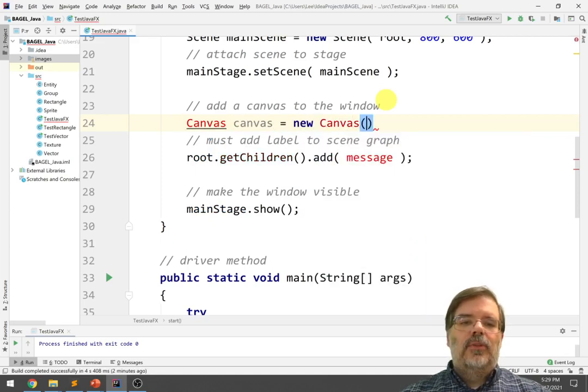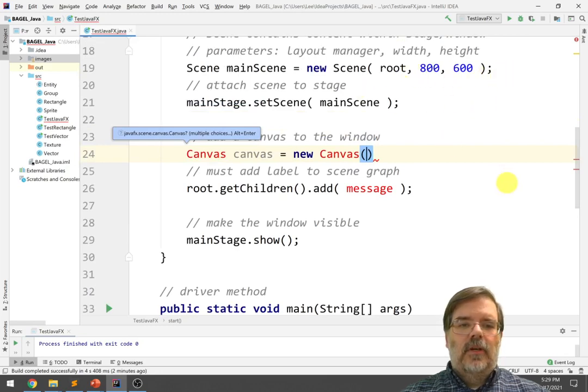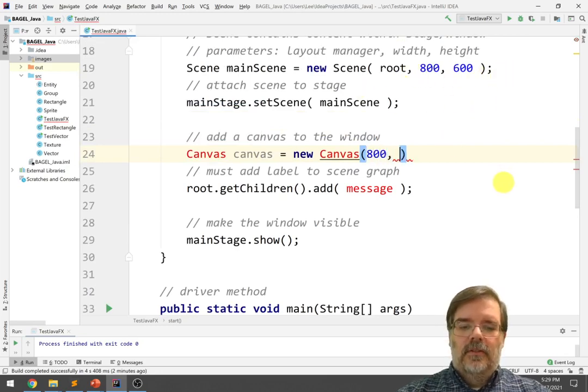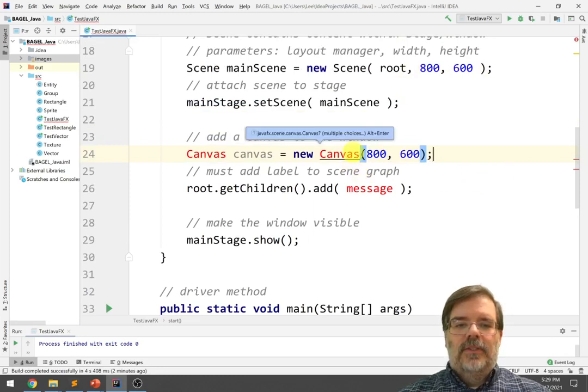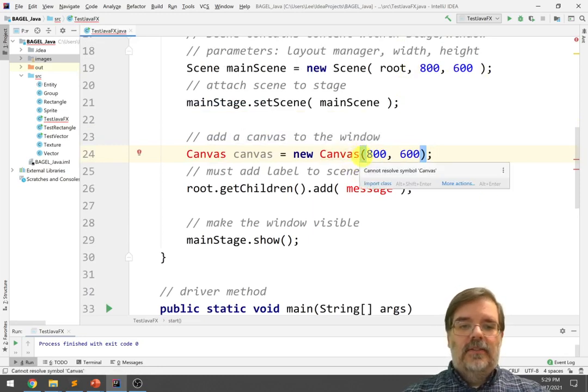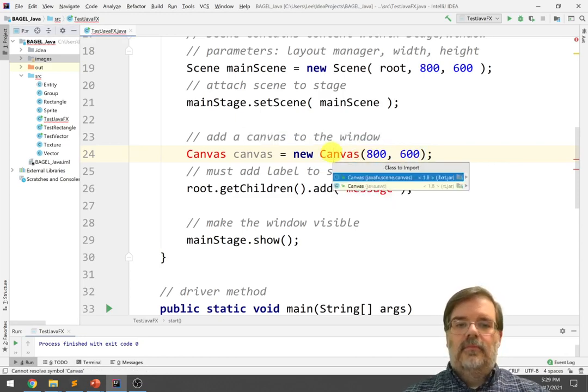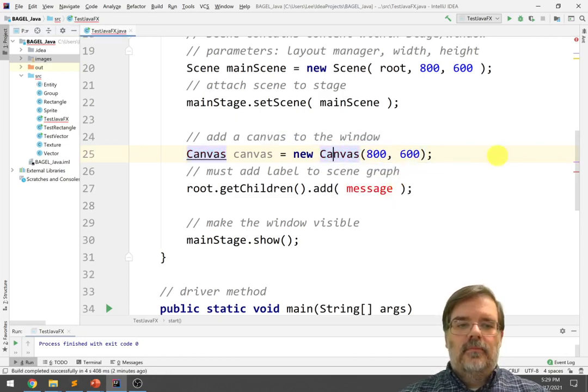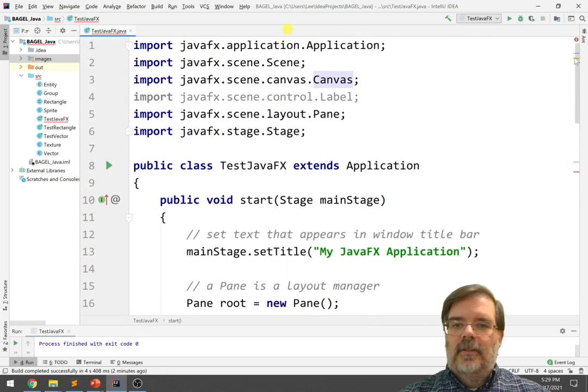The only parameters we need are how big the canvas is going to be. I'd like it to match the size of our window. I'd like it to be a perfect fit. So make that 800 by 600 pixels. As always, I need to go ahead and import that class. So Alt-Enter. And right up top, that import statement was